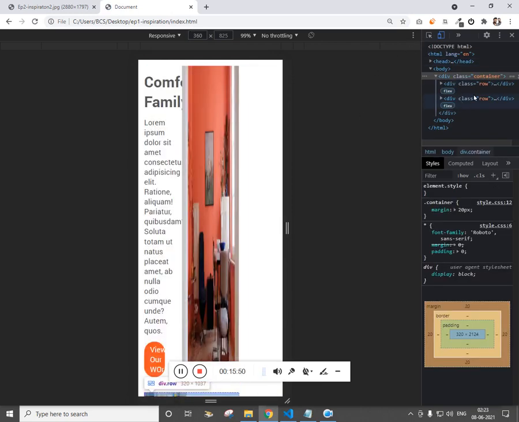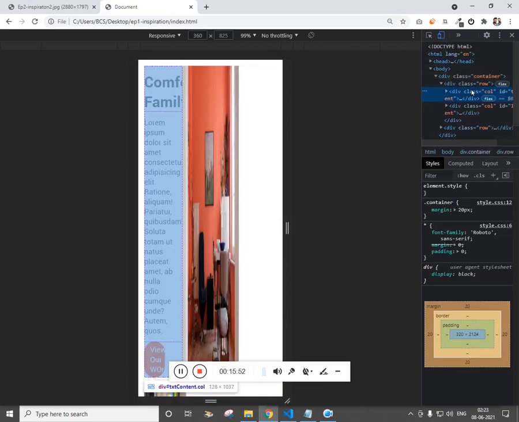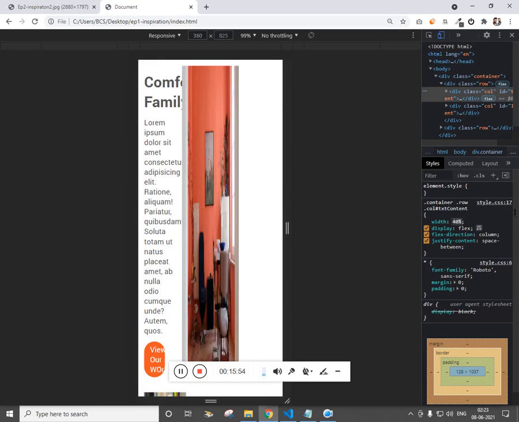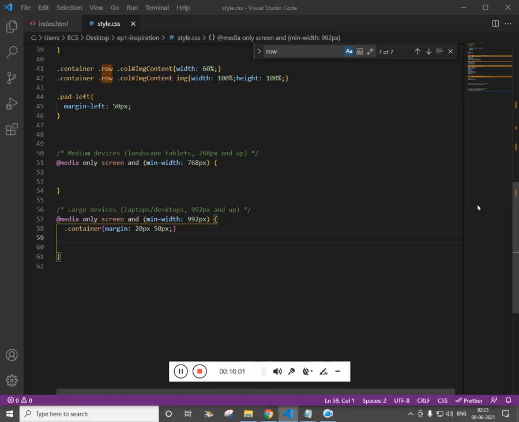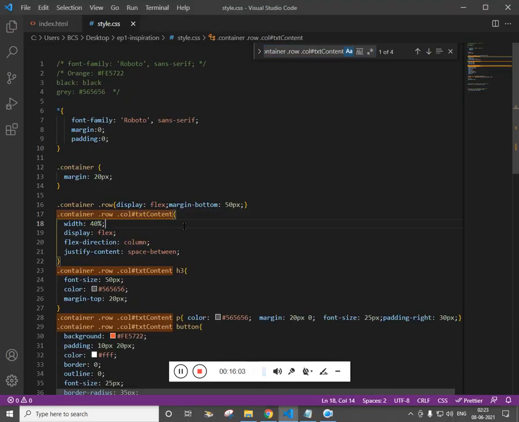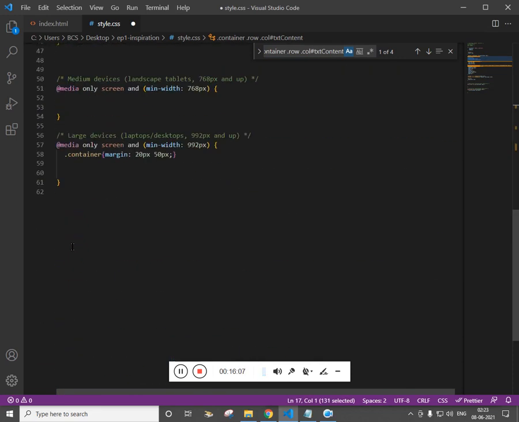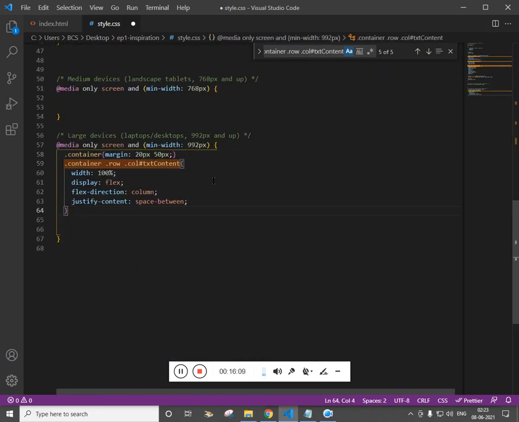And then we have column. We want to make the column width 100% for mobile. So let's get the column width to 100%, but for desktop it should be 50%.